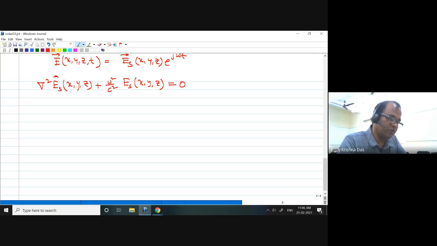So if it is so, then directly using your curl equation you can arrive to this equation, where we simplified that your Es, that means the electric field,